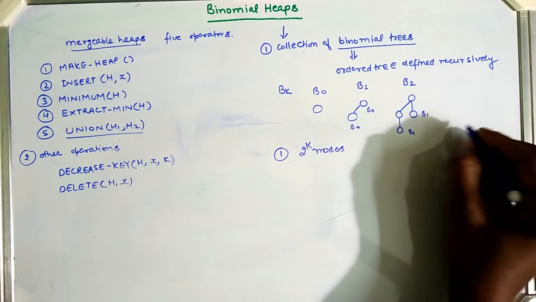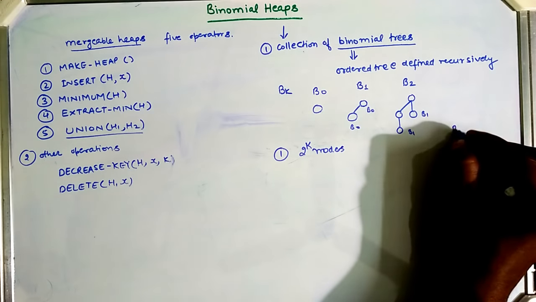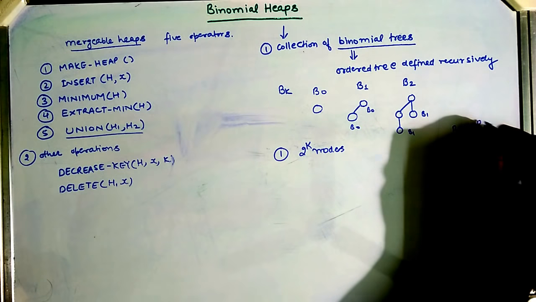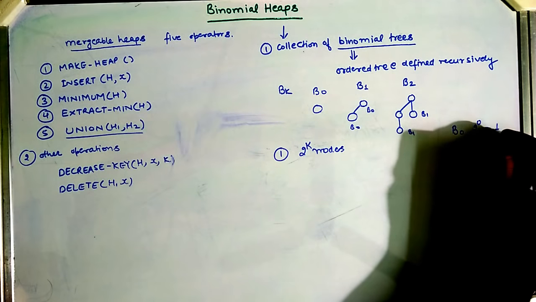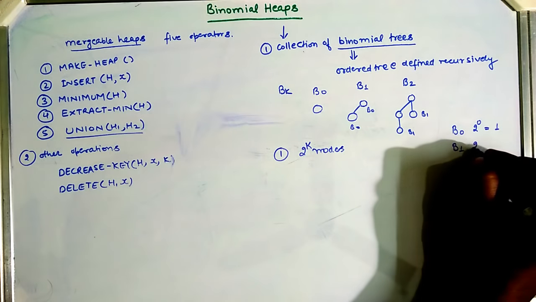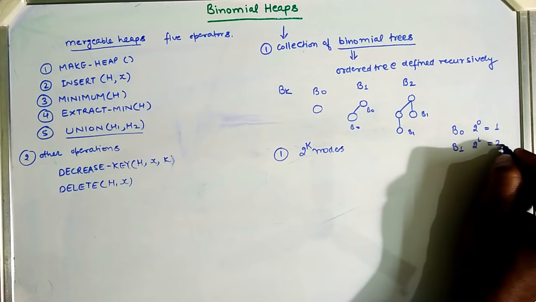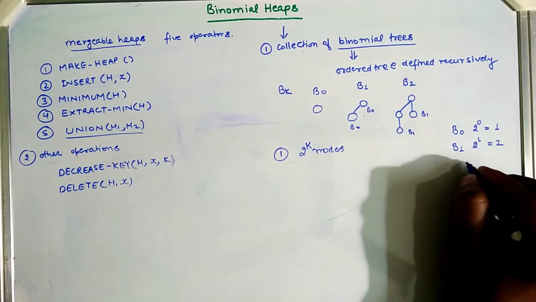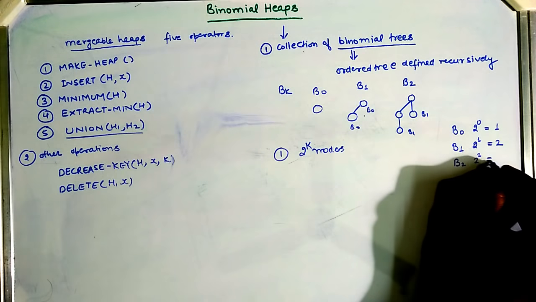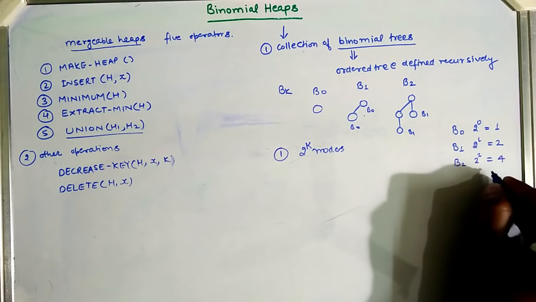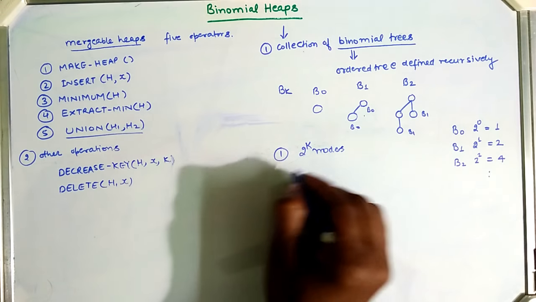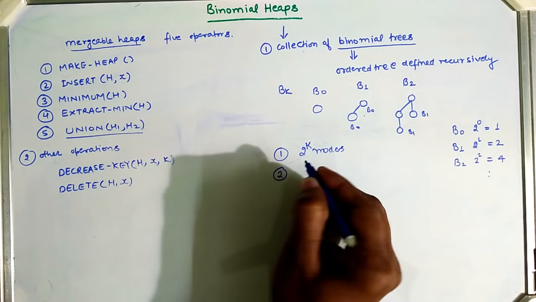For example, for a binomial tree b0, how many nodes are there? It will contain only one node, 2 to the power 0. Similarly, for binomial tree b1, it will contain two nodes. You can verify from here. For binomial tree b2, 2 to the power 2, it means it will contain 4 nodes, and so on. So this is the first property: every binomial tree will contain 2 to the power k nodes. Second is,